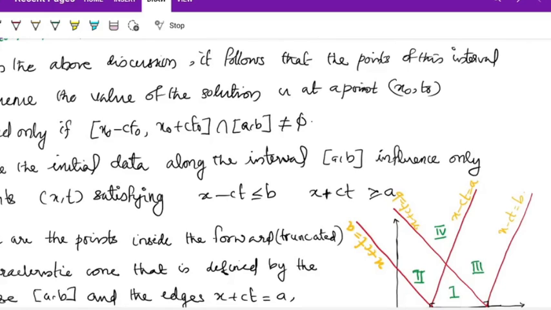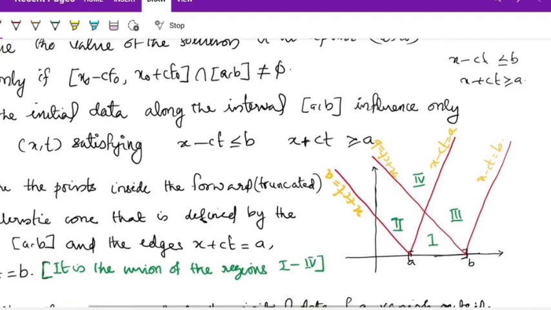That means the initial data along the closed interval AB influence only the points (x, t) satisfying the inequalities x minus ct less than or equal to b and x plus ct greater than or equal to a. So from this figure, Figure 2, we can see this is the line x plus ct equal to a, and the region where x plus ct is greater than a